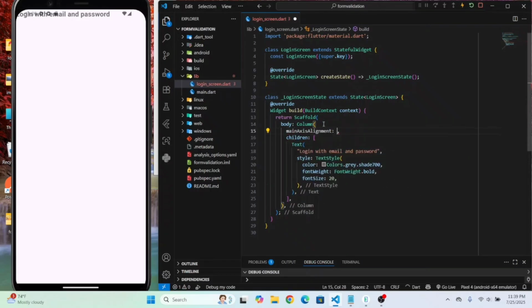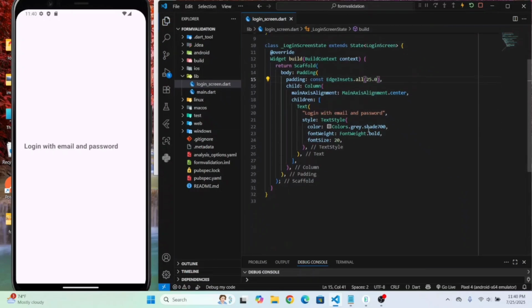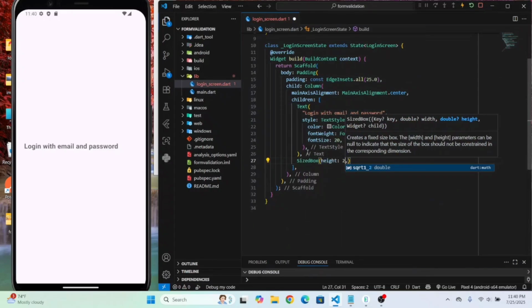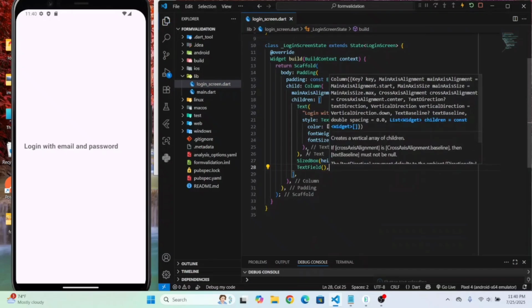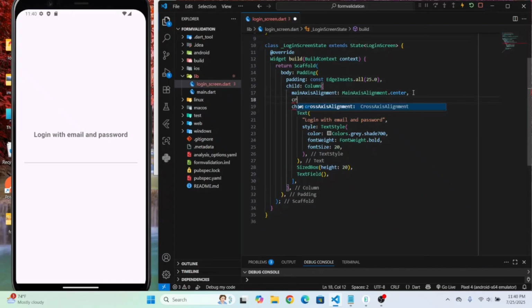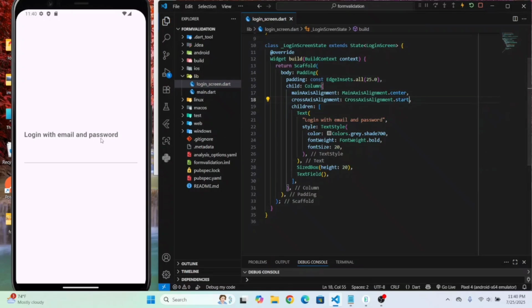Okay, let's show this in the center. Make the mainAxisAlignment center for this column, and let's wrap this column with the Padding widget by 25 on all sides. Okay, and let's keep a SizedBox here, height of 20, and let's create a TextField and save it. Here we go. Okay, make the crossAxisAlignment start,